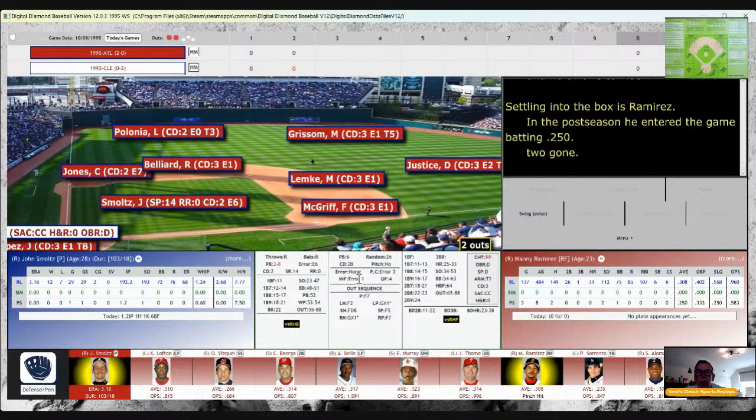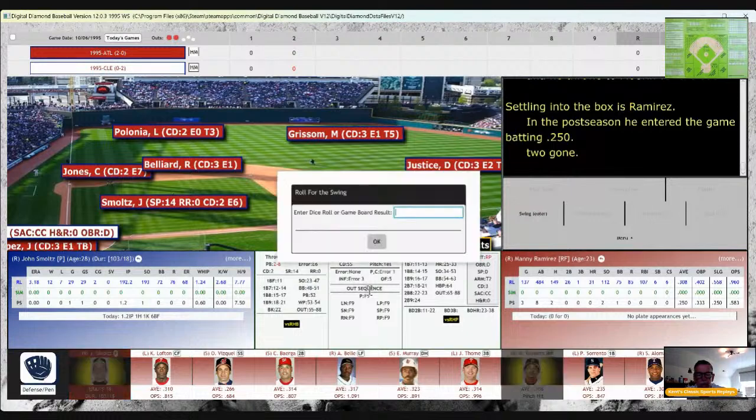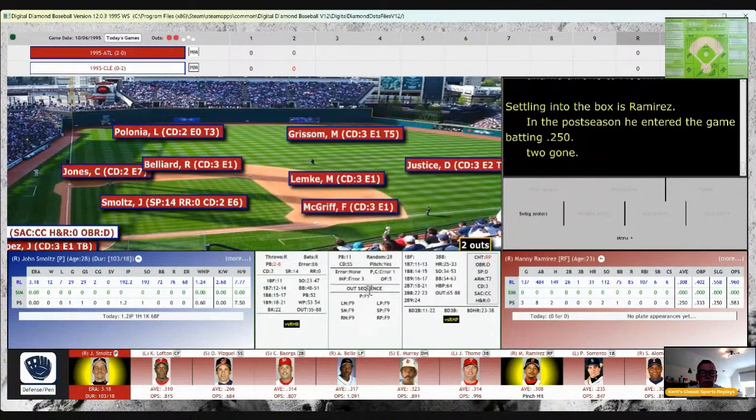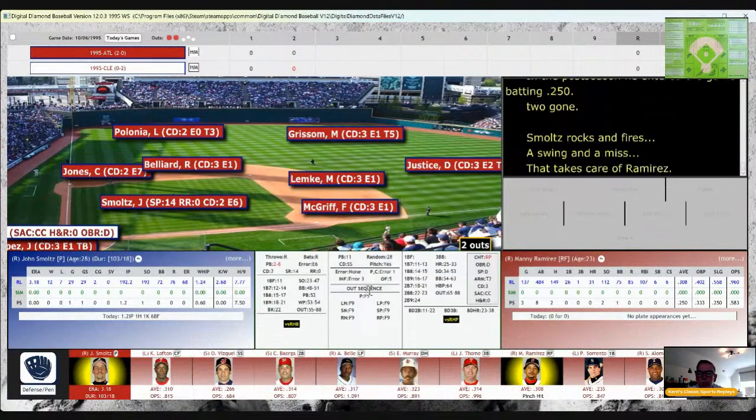2 down, and Manny Ramirez to the plate. It's going to be on Smoltz's card. That 28, struck him out as Smoltz gets him on a slider for out number 3 as Manny goes down swinging. Second strikeout for Smoltz. As we go to the third, still scoreless here in Cleveland.